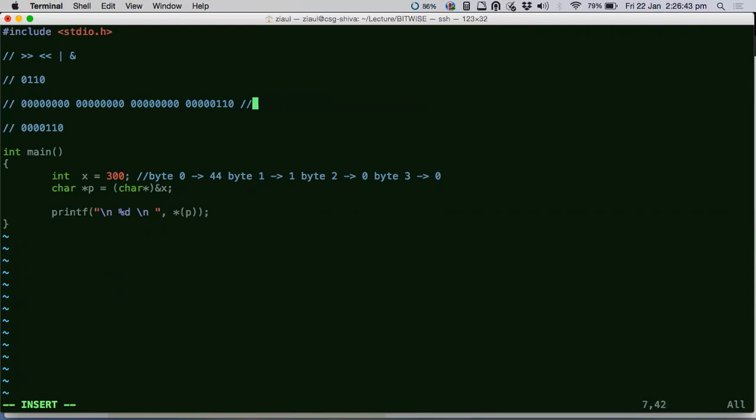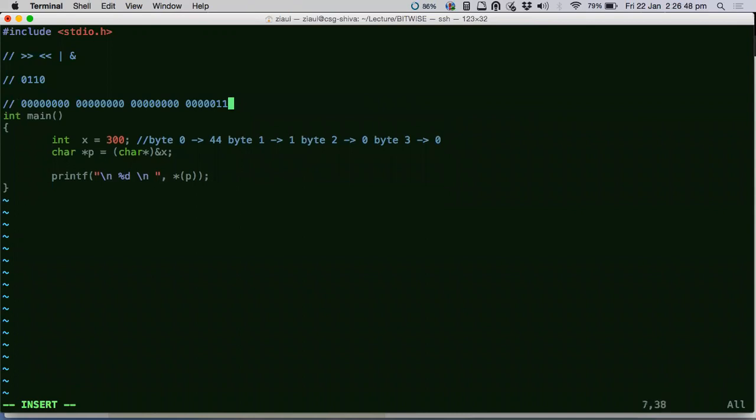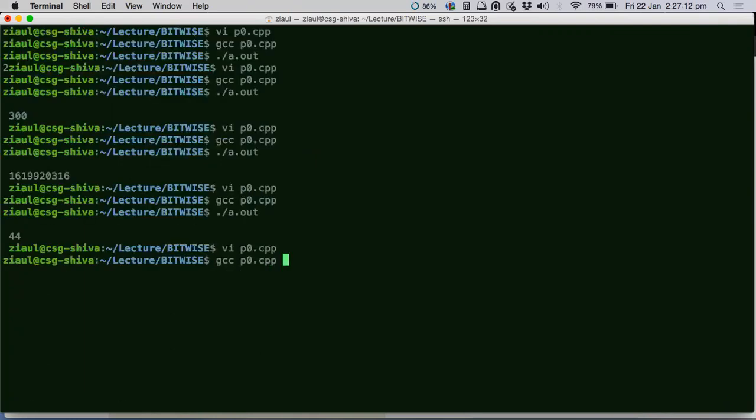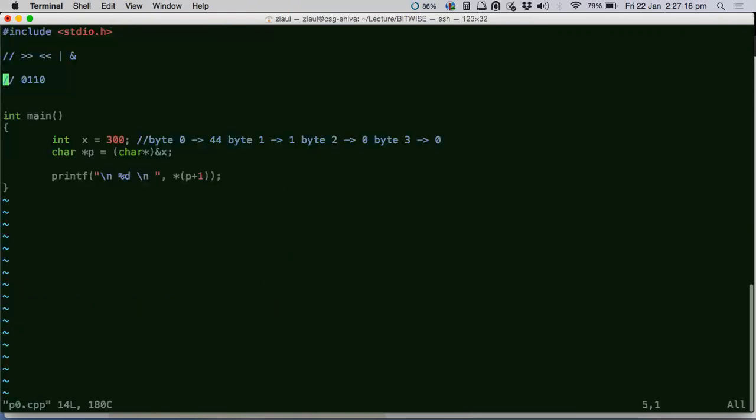Okay, since this is done, how do you go to the next byte now? It's the same case. I'll come to that now, Keshav. Wait, I'll come to that. So now if I do +1, which byte will I be accessing? Second byte, yeah. So let's see, we should get the number 1. See, we got the number 1. Good. So our theory is working.